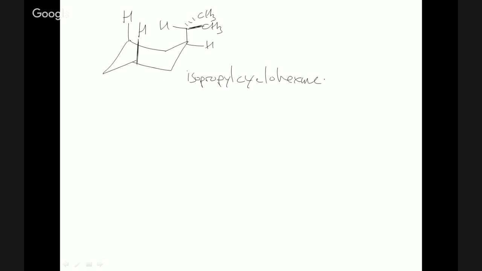Let's draw the isopropyl. And this is helpful review for our substituents. Same idea, two diaxial interactions. This is isopropylcyclohexane. There's about 4% of this conformer, 96% of the equatorial conformer. That's like at room temperature. Okay, so draw those three, and then